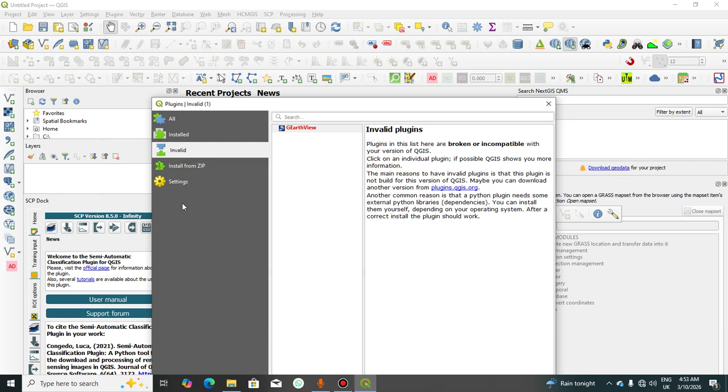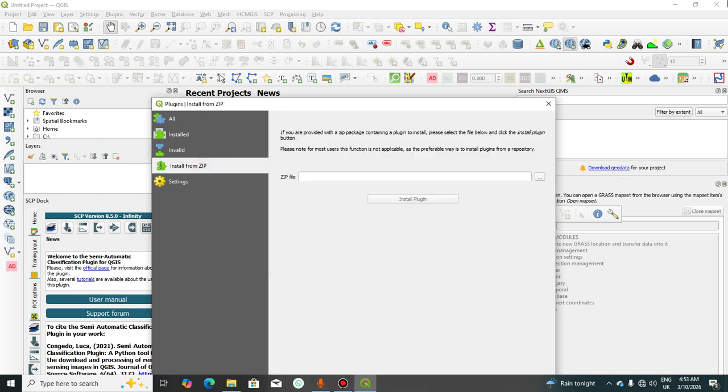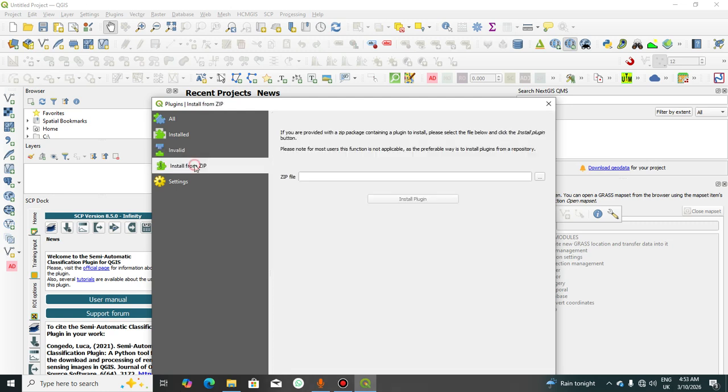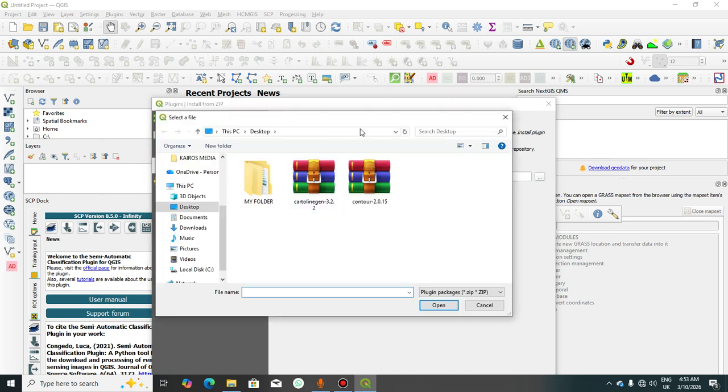And then when we want to install plugins, this is where we are going to lay most of our emphasis. Install from zip, and as you saw our plugins are in zip format. That is to say, they are compressed and they can be easily installed into the QGIS software. So you are going to install your plugins by clicking install from zip, and then a session will open here, and here you are going to click this browse icon, and when you click, you are going to select where you had saved